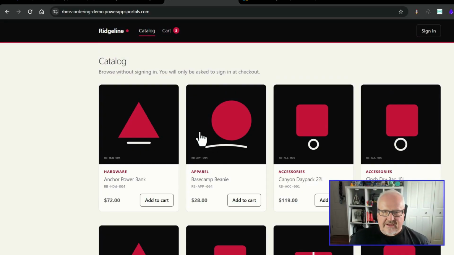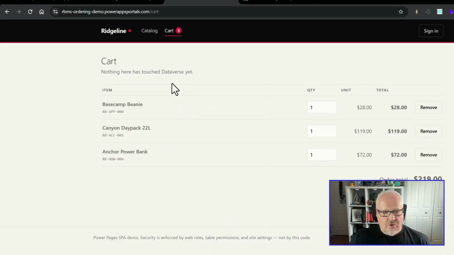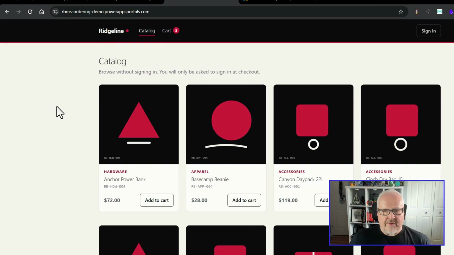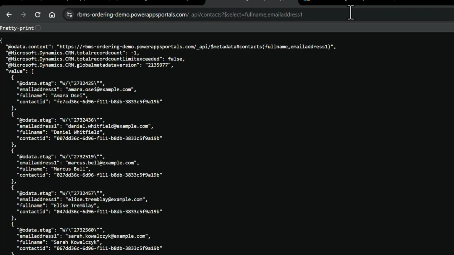But let's just say that in the back end, or even behind the authentication, we have a developer that has set up something that uses the web API. And they have configured the web API to use contacts. I have nowhere in my cart, my catalog, or any of my navigation to get to contacts. Here's what I can do. All I've done is simply put in my URL,